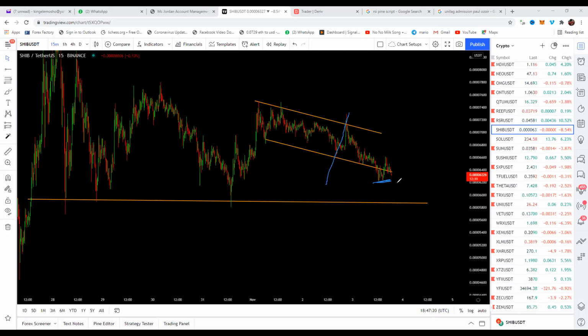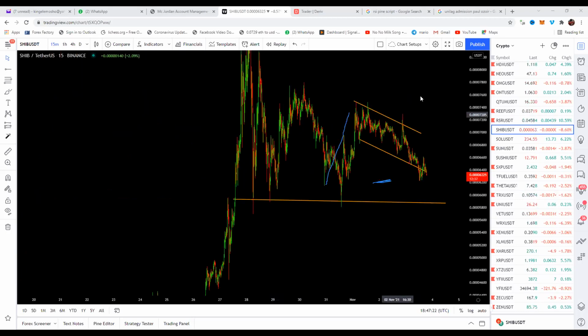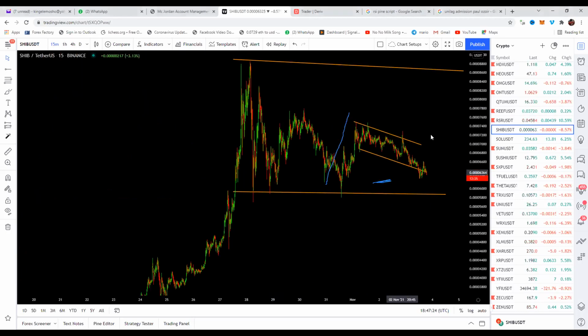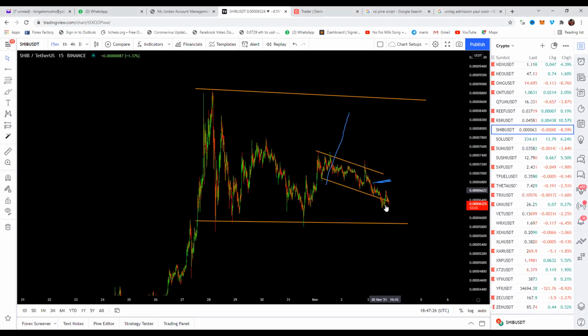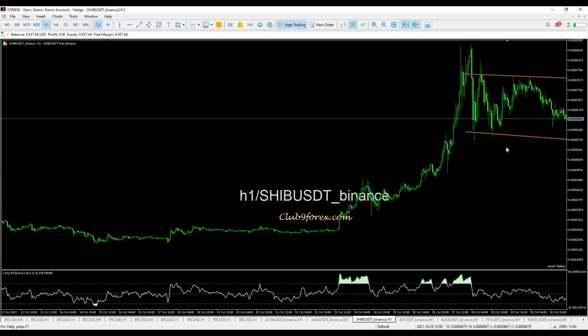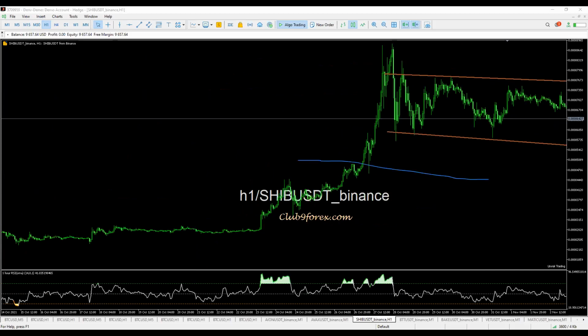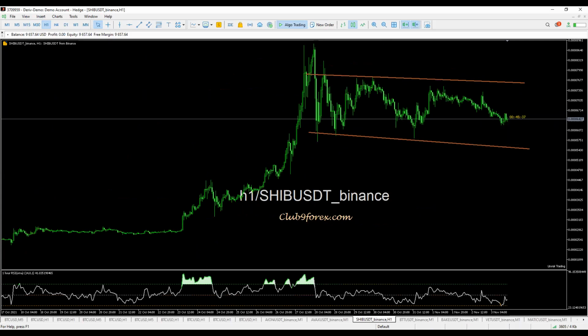So once it has been oversold, I then come to this TradingView to check where the price action is. If I can see that it has a bullish price action, the only thing that I just need to wait for at that period is confirmation of that structure. So let me take you back to the Excel file. This is what you have right here in this MT4. So most of the time, this is what I'm telling you about. This one,